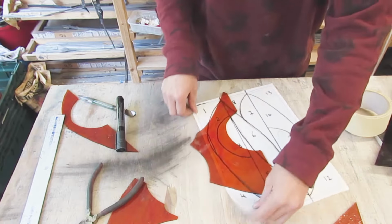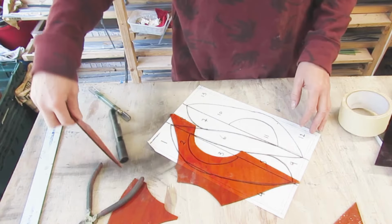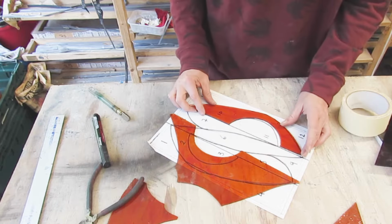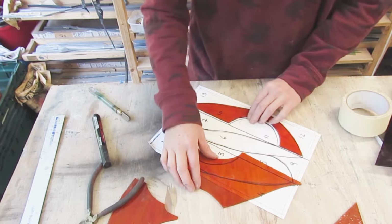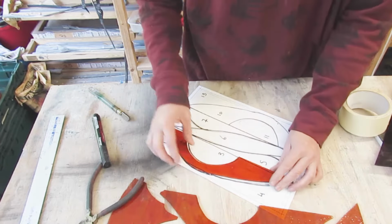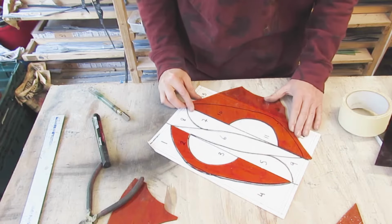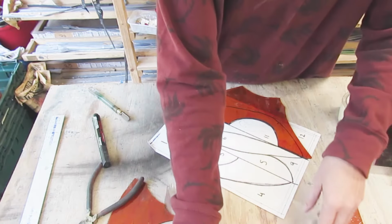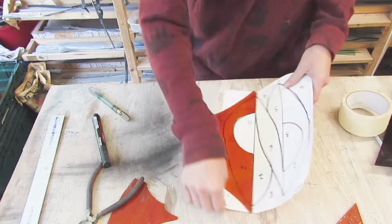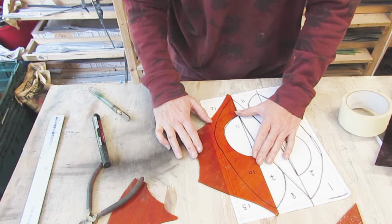So you can see me swiveling this around, just checking I'm on the right one. I'm not sure I am. Yeah, that's that. It's just so that I get it exactly the way it's easiest to cut. See, I nearly made a mistake there, didn't I? Okay. So again, I'm not going to attempt this in one